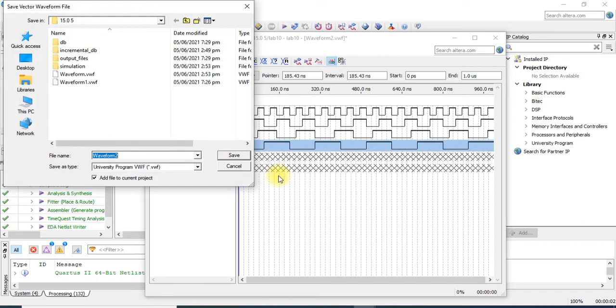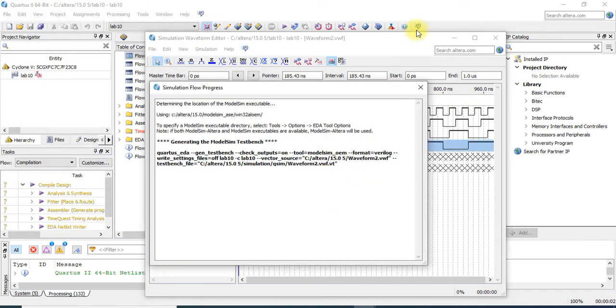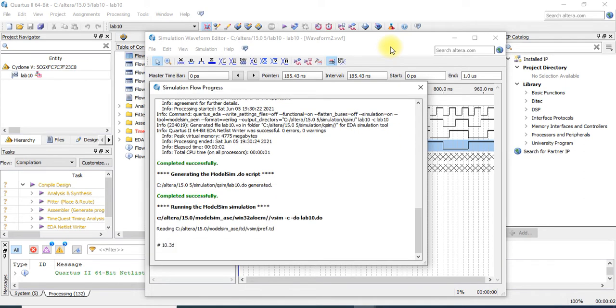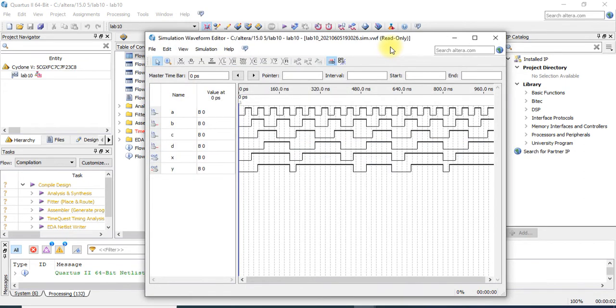So let's see how the waveform really looks.